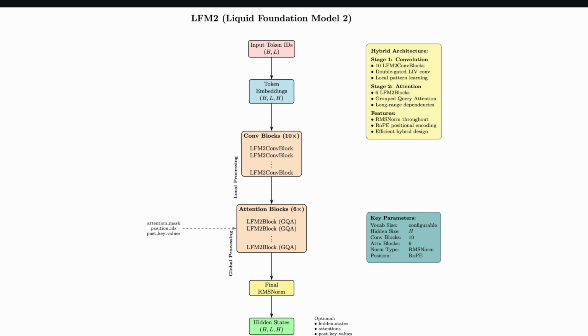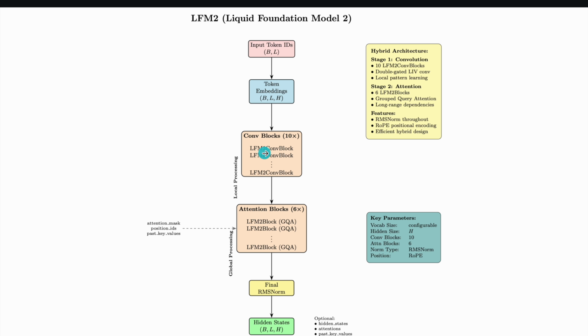Just quickly, we're going to go through the architecture of it and see how it works, and then we're going to start coding it. As you can see, this is a very high level architecture of the LFM2, Liquid Foundation Model 2, which is one of those LLMs. We have the input token IDs, then token embeddings, then convolutional blocks, we have 10 conv blocks here,